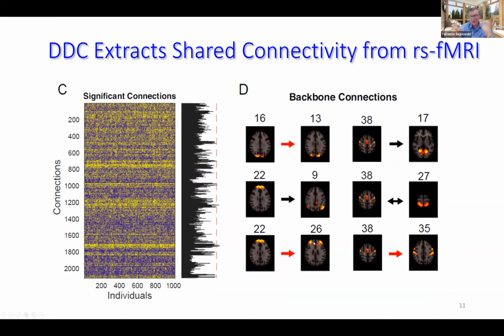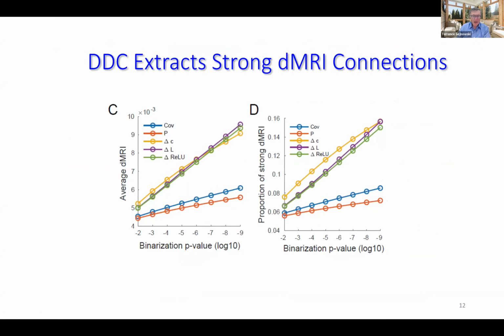So we can pick out some of the strongest connections, the backbone connections, we call them. And we can compare them actually with diffusion MRI. This is the track tracing. This is the Human Connectome Project. And this shows you the comparison between the connectome,